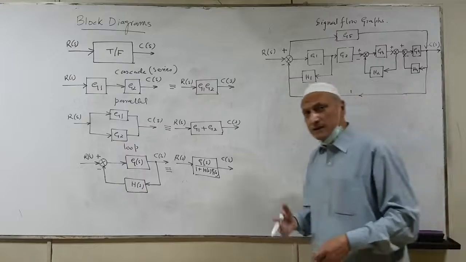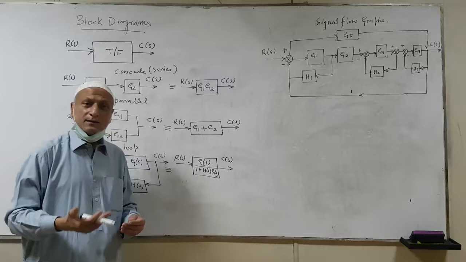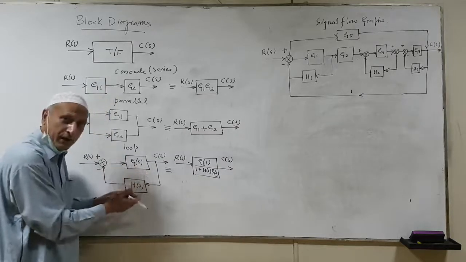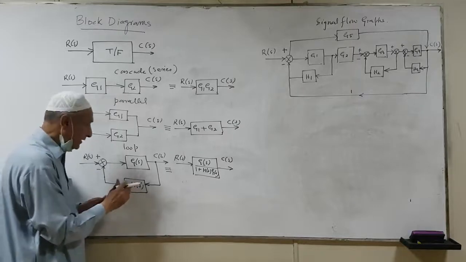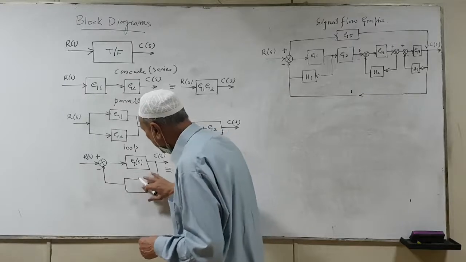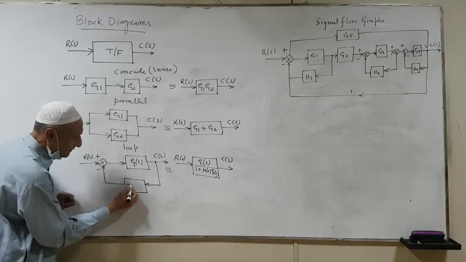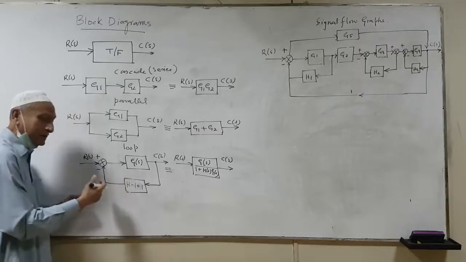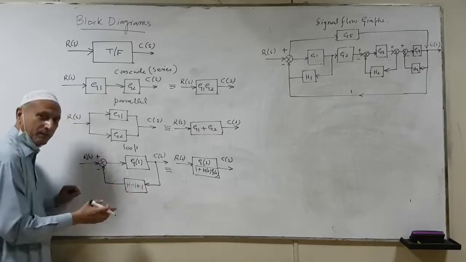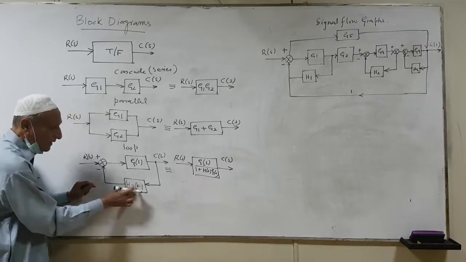Now, as I said just now, it is more convenient to bring the system from the canonical form, this is the canonical form, into a unity feedback form. How do we do that? In order to do this, in the feedback block, I'll not use H(s) as is. I'll subtract one and add one. It doesn't make any difference. In mathematics, you are allowed to do such manipulation. You are subtracting one and adding one. Now, you can put those in brackets, this one is one and this one is the other.